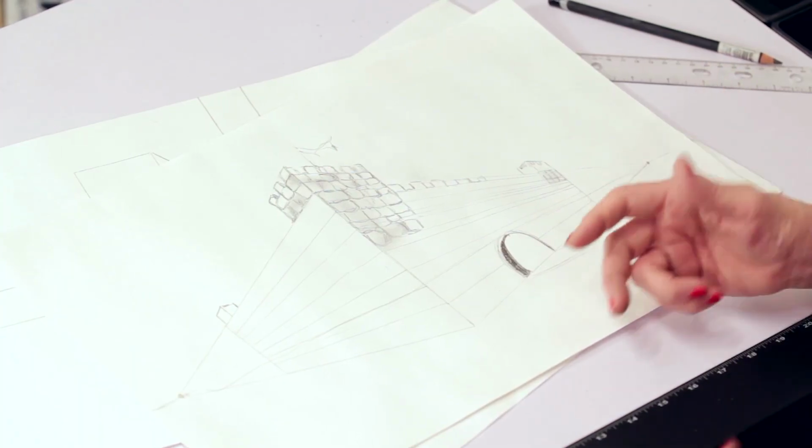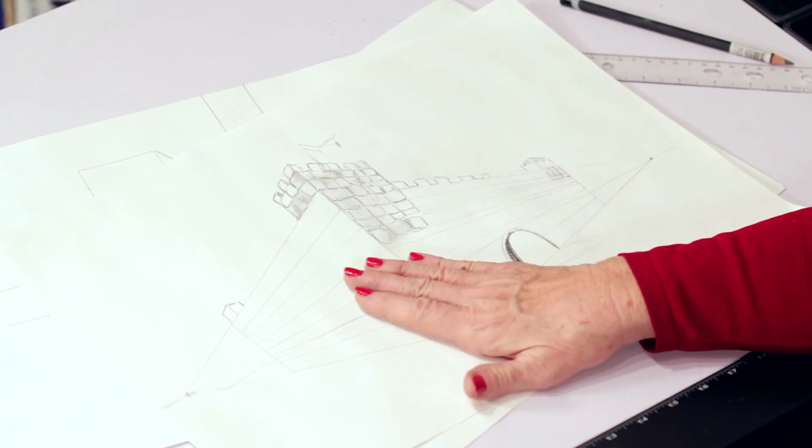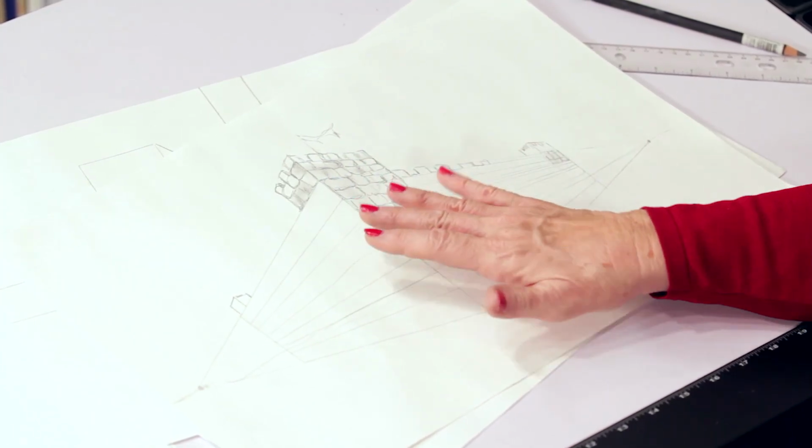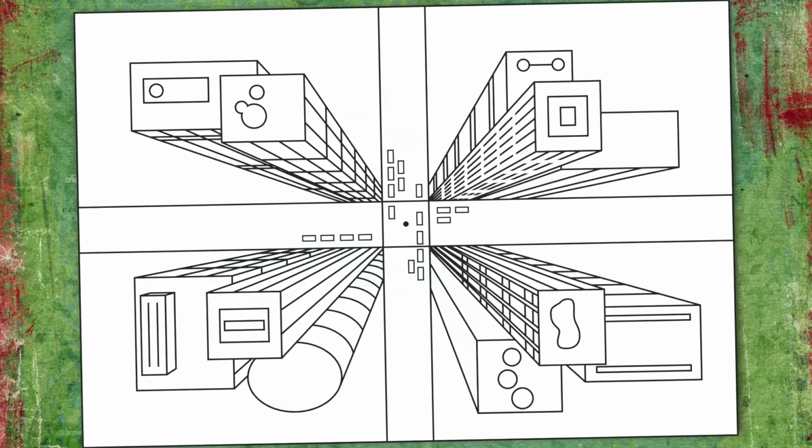Now you can get very detailed with this, but you need to make sure you understand this first, because if you try something very complex before you're ready, you can get very discouraged and you'll give it up. You won't want to do it anymore. So you want to start very simple and get it down. Once you do these, then you need to go on. If you love this, you can go on to more complex things in perspective.